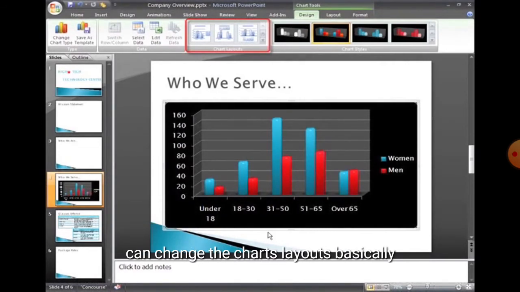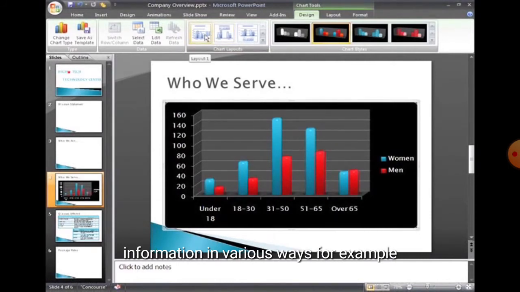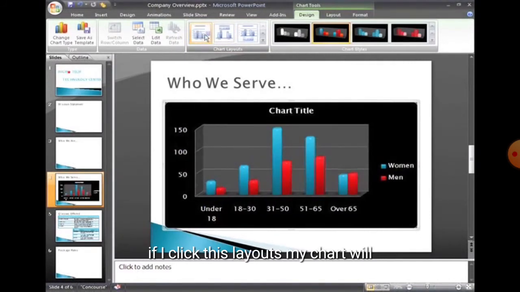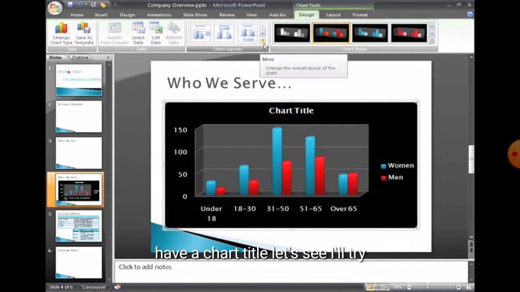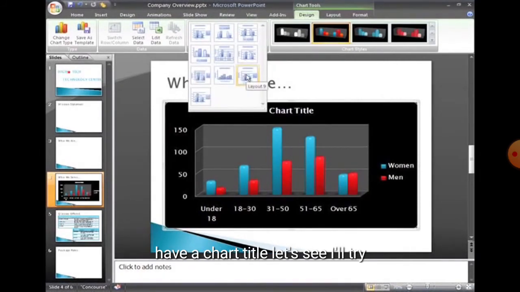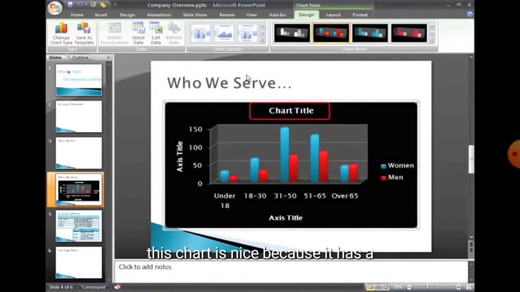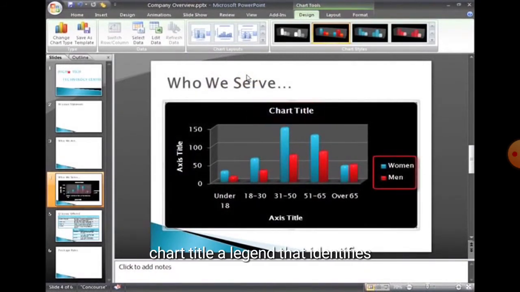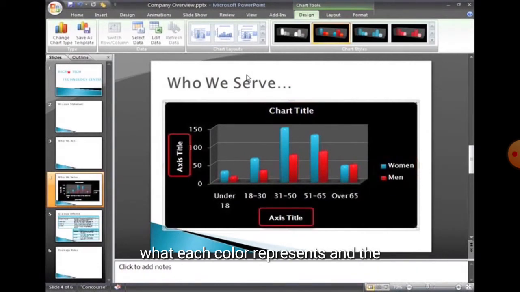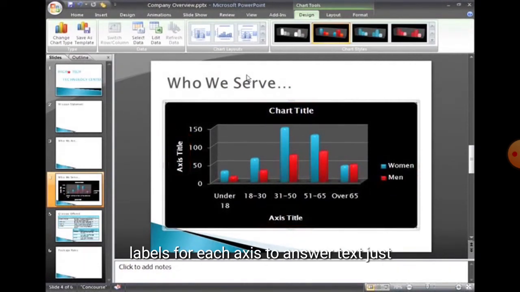Next you find the chart layouts. We find some chart layouts, like layout 1 or layout 2. It will change the shapes and the background, like the chart title and legend. Here we find the axis titles.